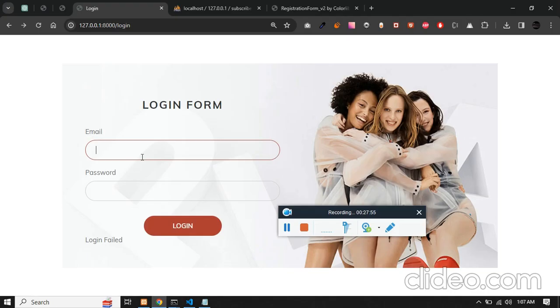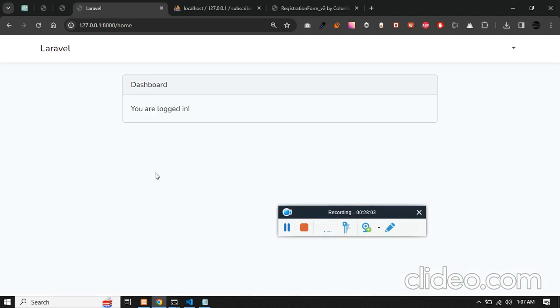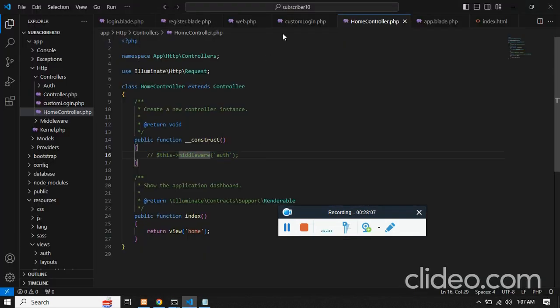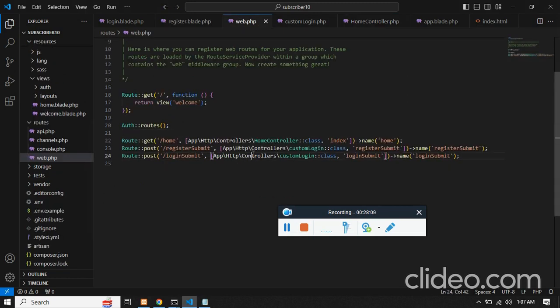Now if I enter the right password, so I think it's 1234, and click on login, you should see I will be redirected to the home. Now let's just work on the logout. So for the logout, again we need to create a route. So let me give the name as login logout,